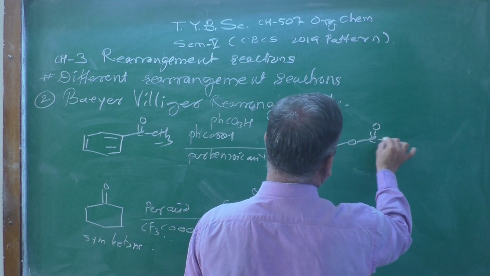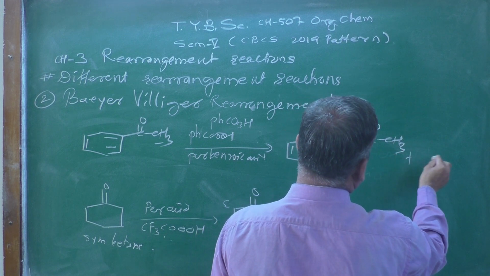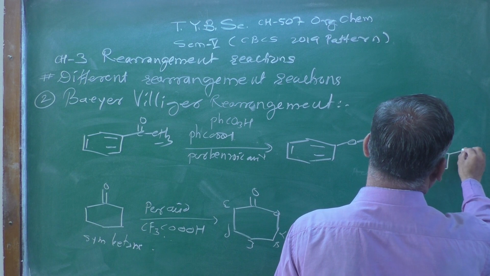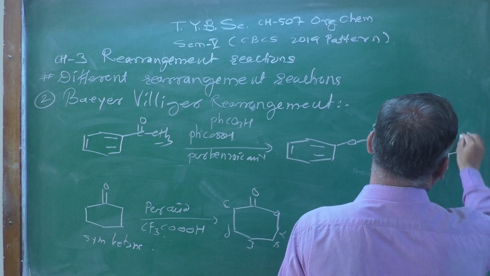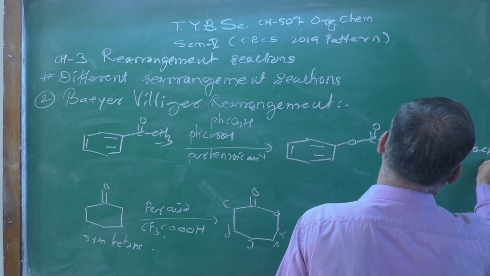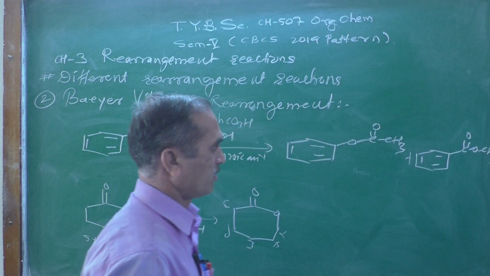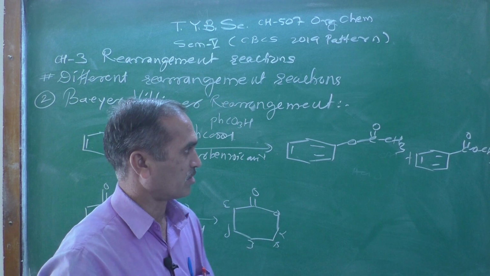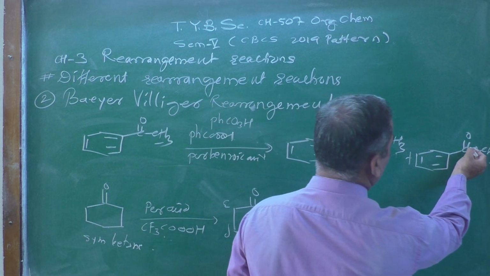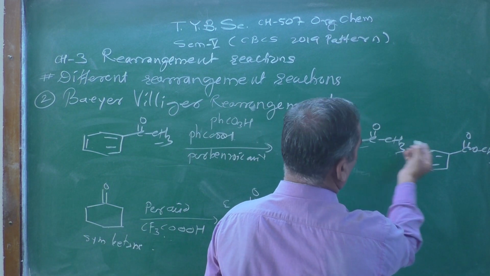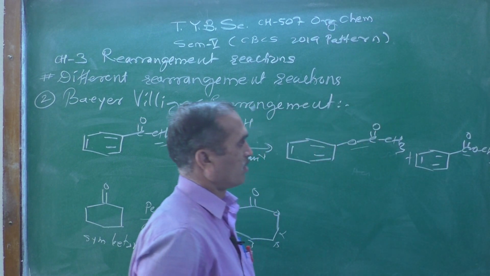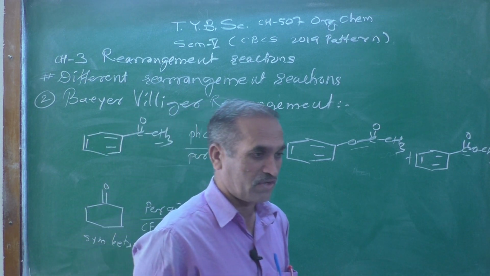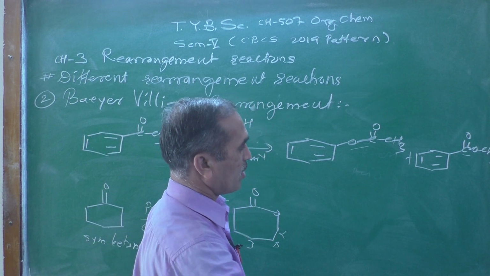Some students may think they can show C double bond O and CH3 like this. Look here, these are two products, they are isomeric forms of each other. Isomeric means this is an ester group, this is also an ester group. But look at the methyl group. How will you distinguish these two compounds?